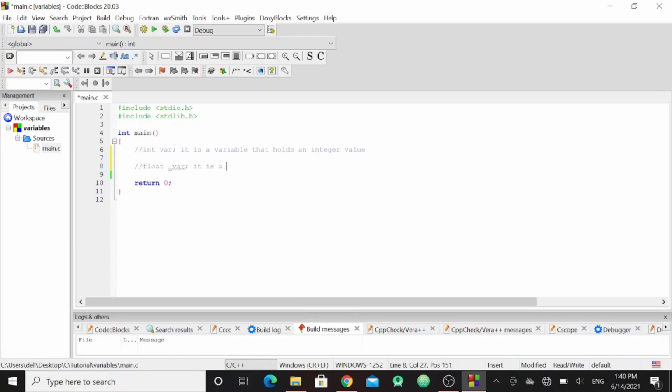It is a variable that holds floating point values like 2.02 or something else like 99.99.